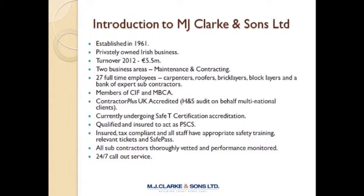We have 27 full-time employees. We employ carpenters, roofers, bricklayers, blocklayers, and a bank of expert subcontractors. Although we don't actually employ handymen, there are a lot of really good handymen around, but we're really builders at the end of the day. We're members of the CIF and the MBCA. We are accredited by Contractor Plus in the UK, which is a health and safety audit undertaken on behalf of our multinational clients. We're currently undergoing safety certification accreditation,